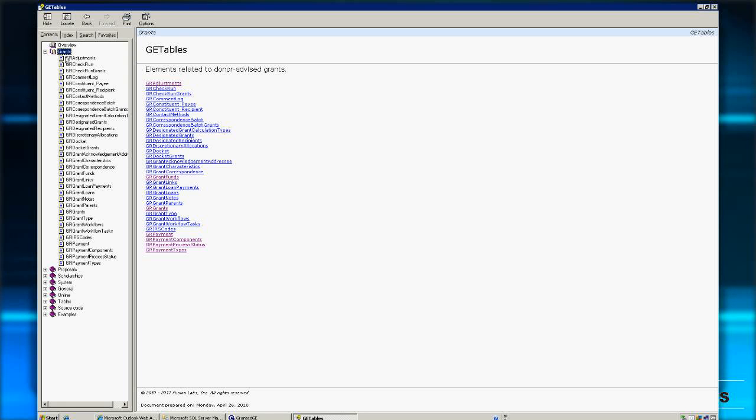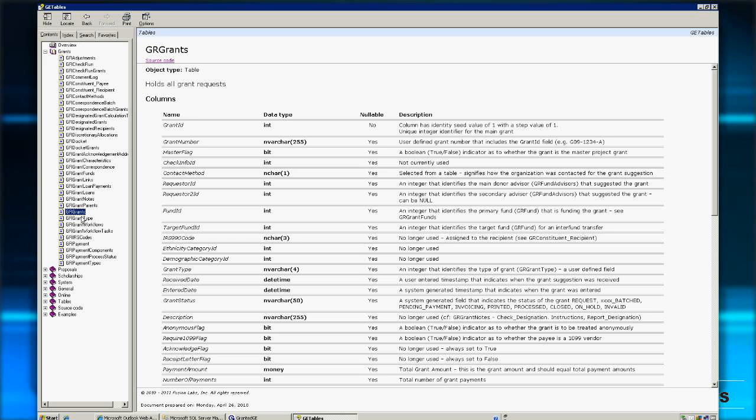All right, so let's start with grants on the schema. The grants table here, GR grants, is the main table if you're going to build a custom query. You're always going to start here. 99% of the time, this GR grants table is going to be part of your query. So if you click on it, what it shows you are the names of all the fields in the table. It shows you the data type, shows you if it can be null or not, and a short description of what that